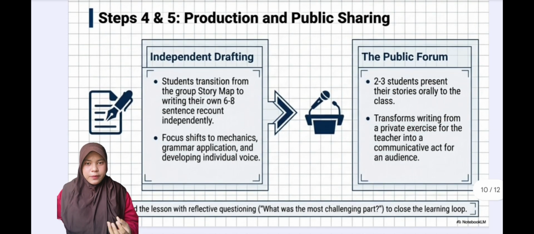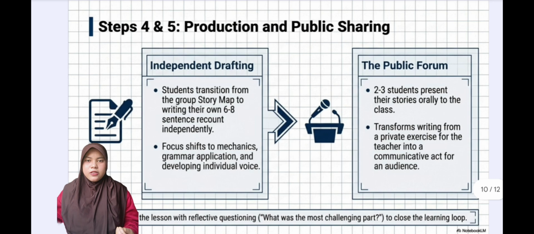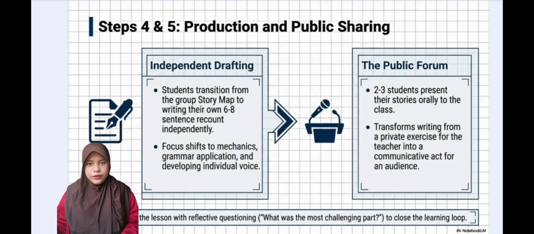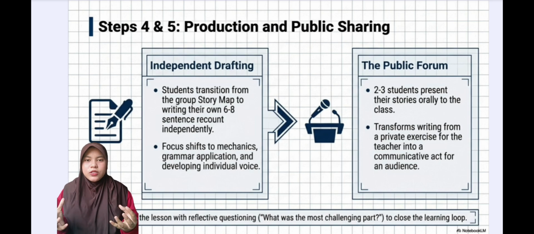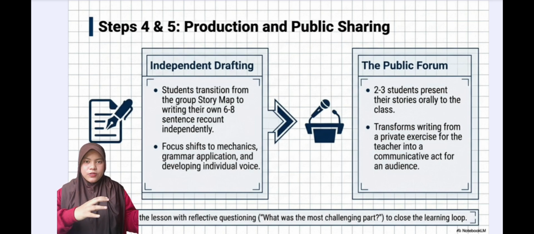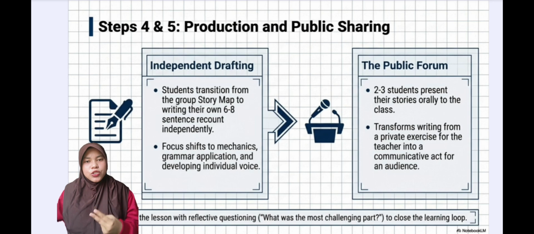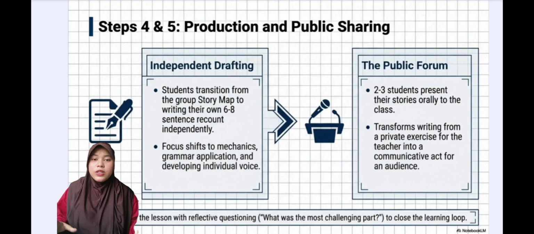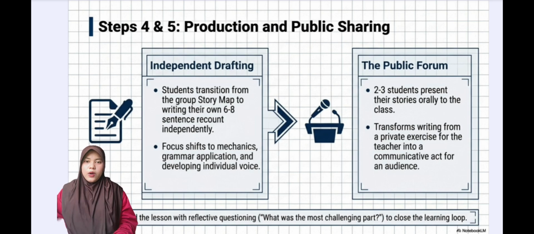Next, once the story map is complete, students transition to step 4, independent drafting. Each student writes their own personal recount of 6 to 8 sentences. The focus now shifts to grammar application, writing mechanics, and the development of individual voice. Then 2 or 3 students proceed to step 5, the public forum, presenting their stories orally to the entire class. This is the critical moment that transforms writing from a private exercise for the teacher into a genuine communicative act for real students. The lesson closes with a reflective question, like what was the most challenging part, to meaningfully close